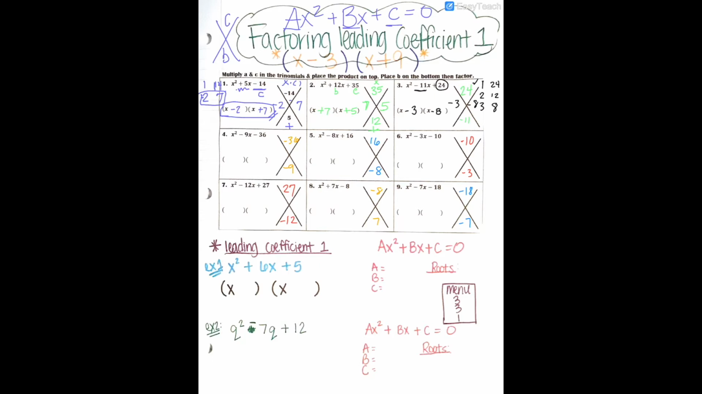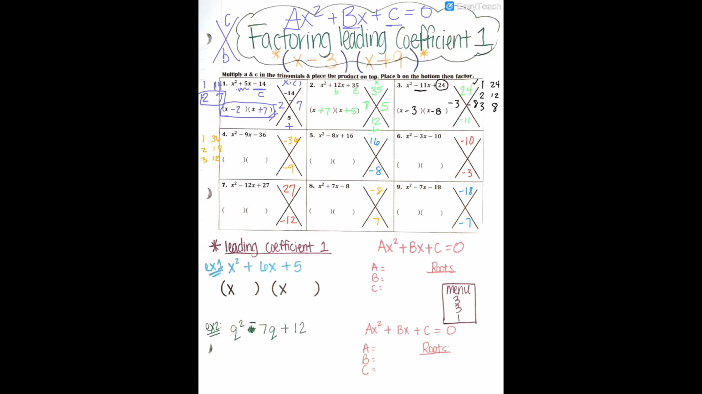So on number 4, you would do the same thing. Again, we want two numbers that when we multiply, get the top number, 36. So 1 and 36. 2 and 18. 3 and 12. And 3 and 12,